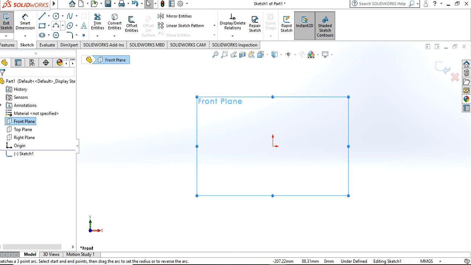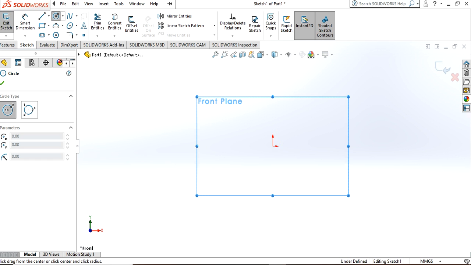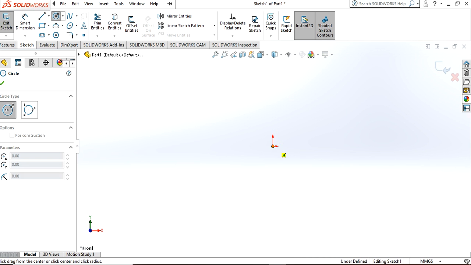So here we start with the basic, that is circle. I click. They have instructed that while sketching a circle, select the center of the circle. You can select the center anywhere in this front plane. So I select here.